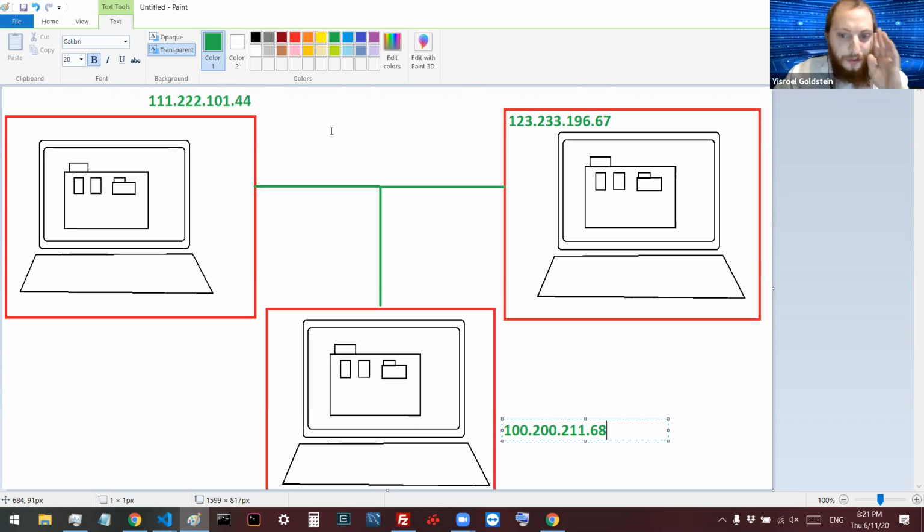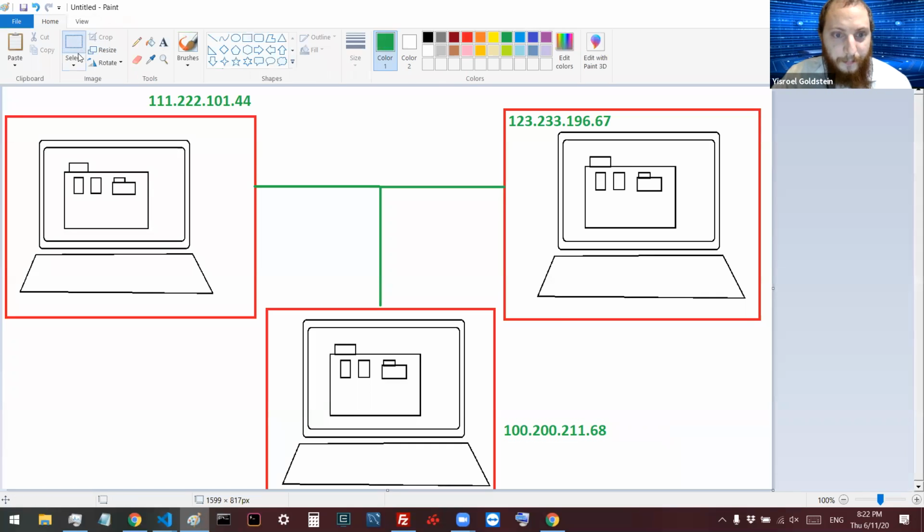I don't know why I'm only doing 2 digits at the end. It could even be 3 digits. Each one of the 4 parts between the dots could be up to 3 digits, from the number 1 all the way up to the number 255. So now that everyone has an address, then when we send around a message, even a message as simple as